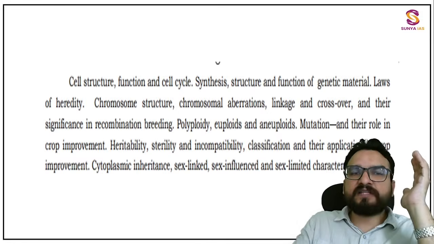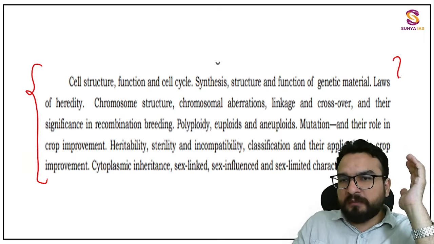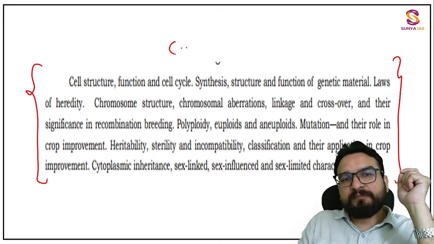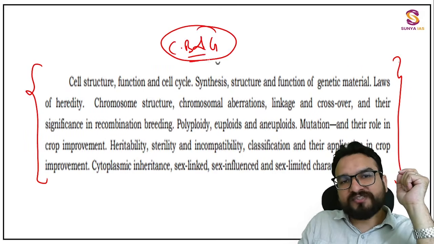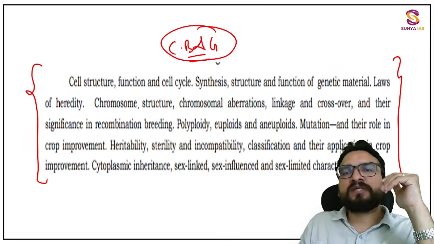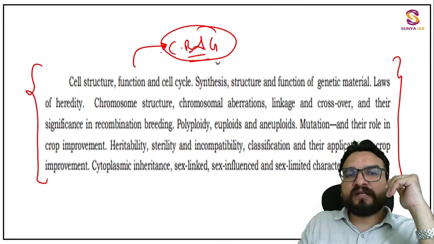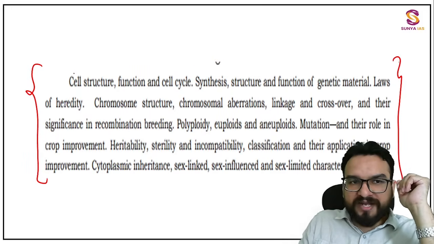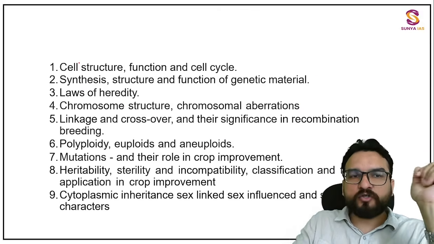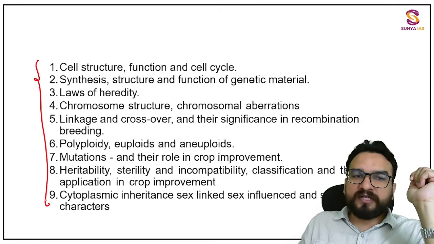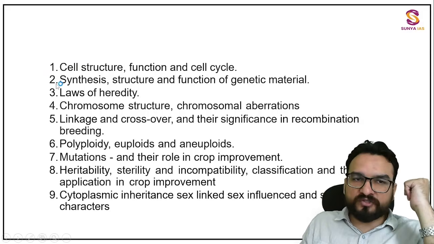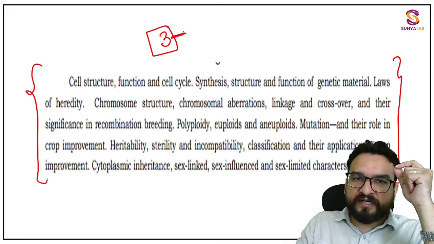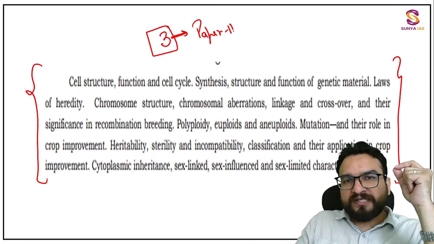And as we start with the syllabus which is written in our UPSC notification, you will be finding this paragraph is for cell biology and genetics. As you know, this heading is not written, but when you understand all these topics, academically we are basically learning cell biology and genetics only, the most fundamental unit, again I am saying. So I have divided all these lines into certain topics, and you will find there are a total of 9 topics which are relevant for the examination from here. And let me tell you, this is the most asked unit also. At least 3 questions you will be finding in paper number 2.